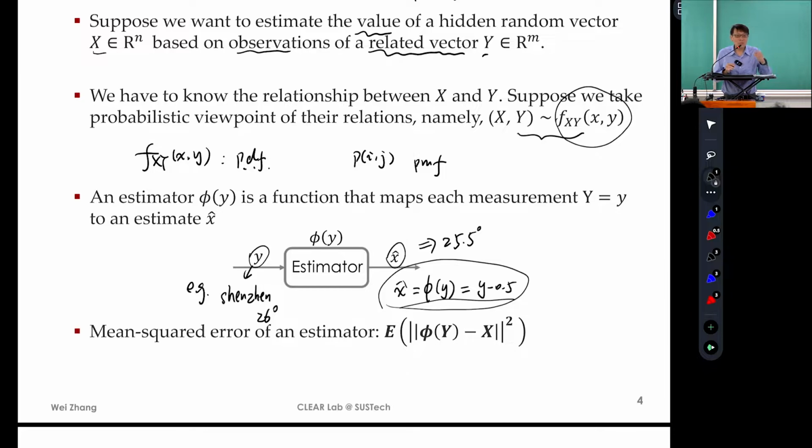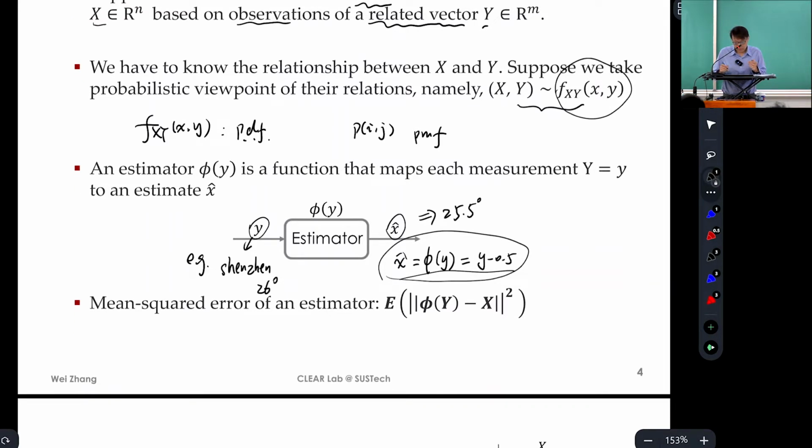What I'm talking about is that an estimator just maps the measurement y to a guess of the hidden variable. You don't know exactly what the hidden variable is. You cannot directly measure it. You just guess it, right? This is a guess. It could be good, it could be bad. So maybe Yuntian will say the guess is 2 times y. That will be 52 degrees. You think that's ridiculous, it's wrong, right? But he can argue that he knows something that we don't know.